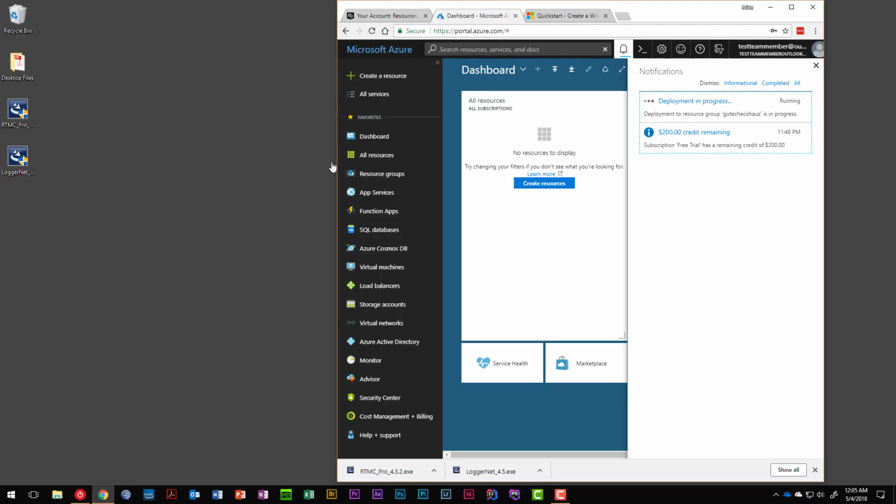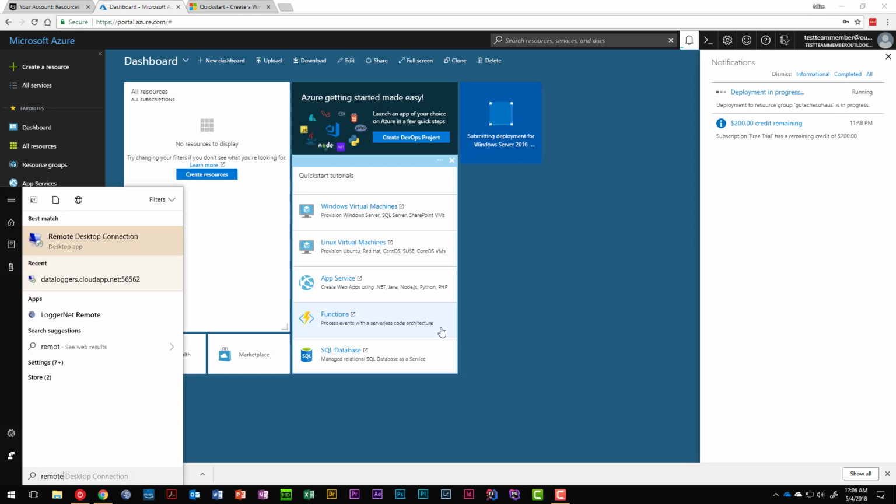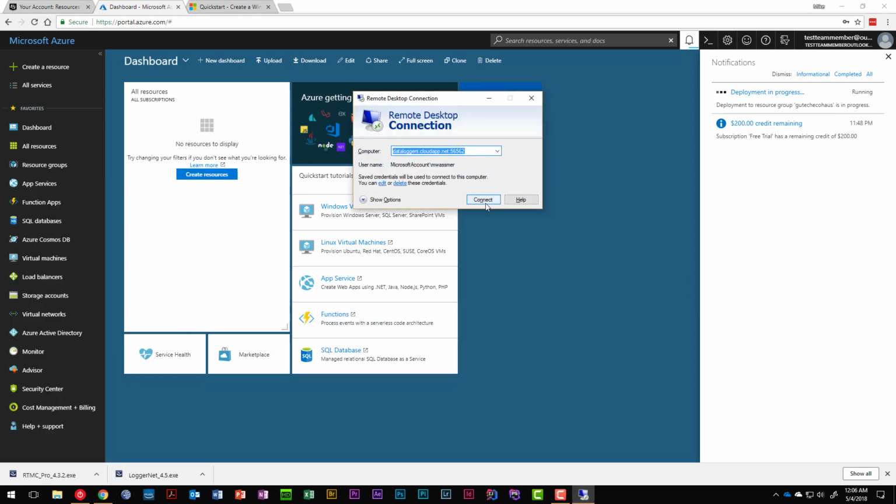Now, the first thing we're going to do when the deployment is completed is make sure that we can log in to this virtual machine using remote desktop. All right. Now, Nito, you asked me the question, do you have to use remote desktop to access the server? You can see here that when I log into my existing virtual machine